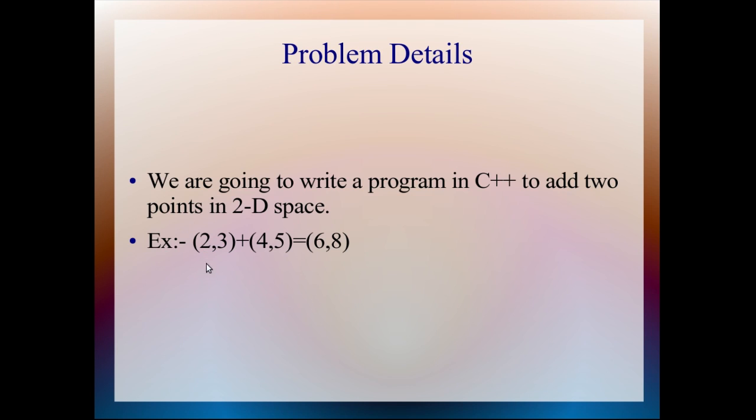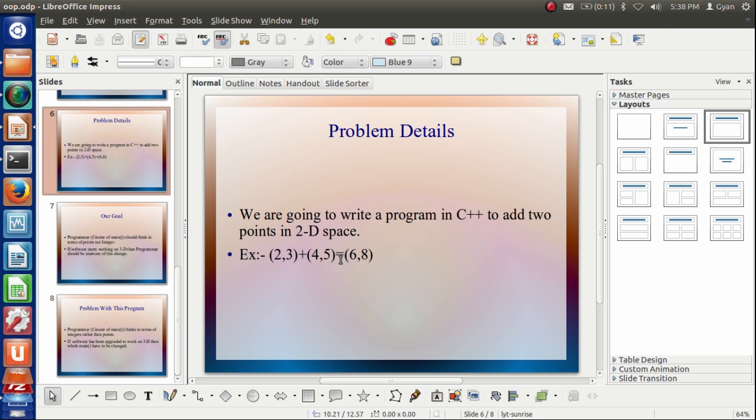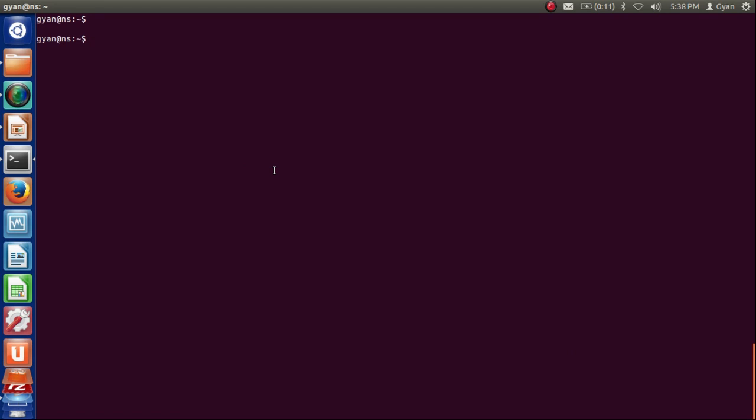X of P1 has been added to X of P2 to get X of P3. Y of P1 has been added to Y of P2 to get Y of P3. And that's it. It is not a complex vector addition. Let us see a program to do this. I have created a program